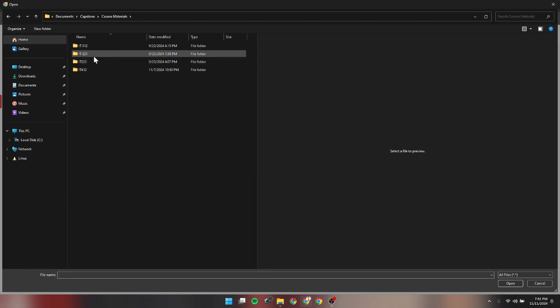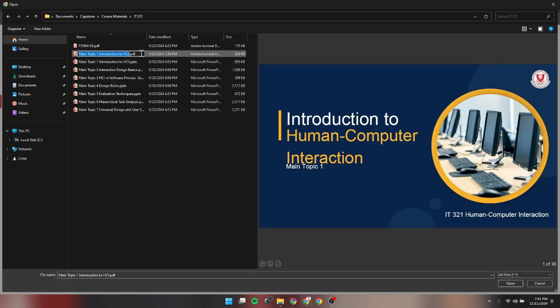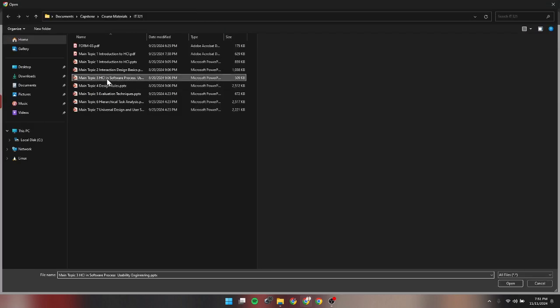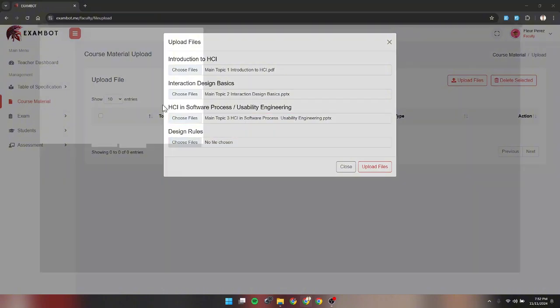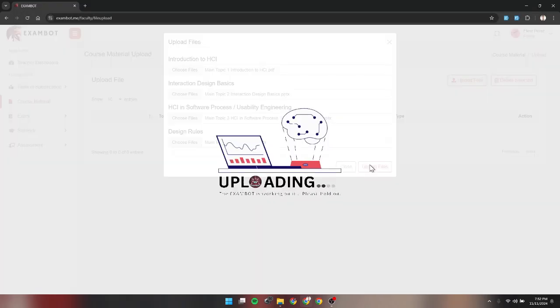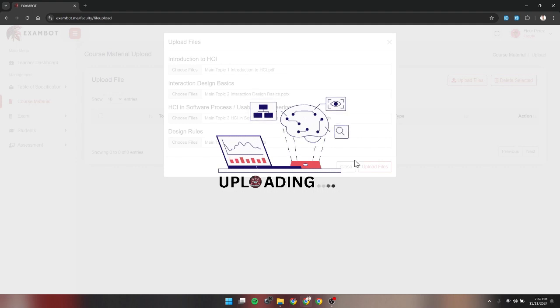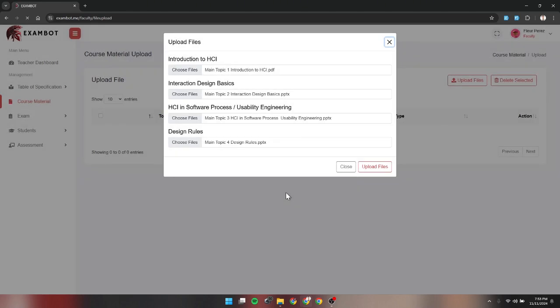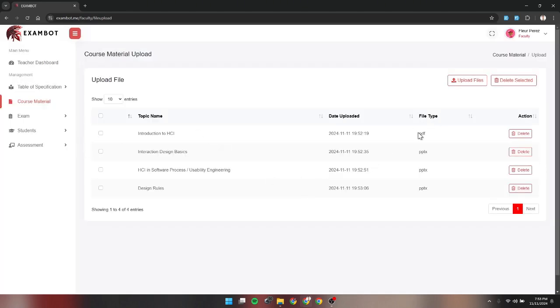It's either a PDF file, PPT, or image. Let's wait for the uploading process to finish. So click upload, and let's wait for the uploading process to finish. Once it's done, you can see the uploaded file. So we can now generate